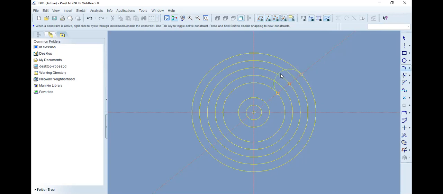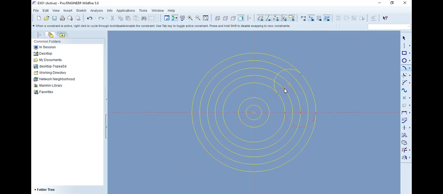Once it is coincident, it will show you the circle. You can see the circle, and then click. Now similarly, we are going to create one more arc. Select the first point in the inner circle and the second point on the extreme circle, and click.